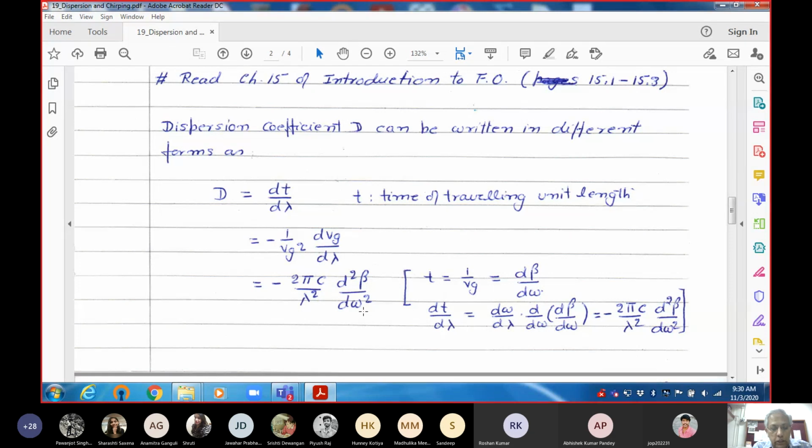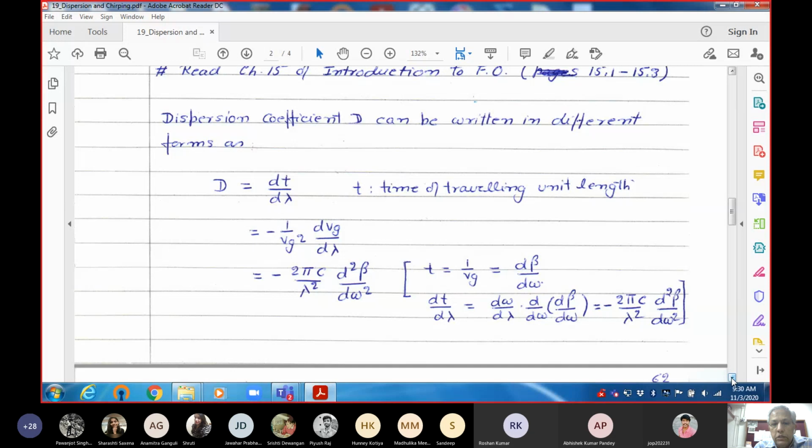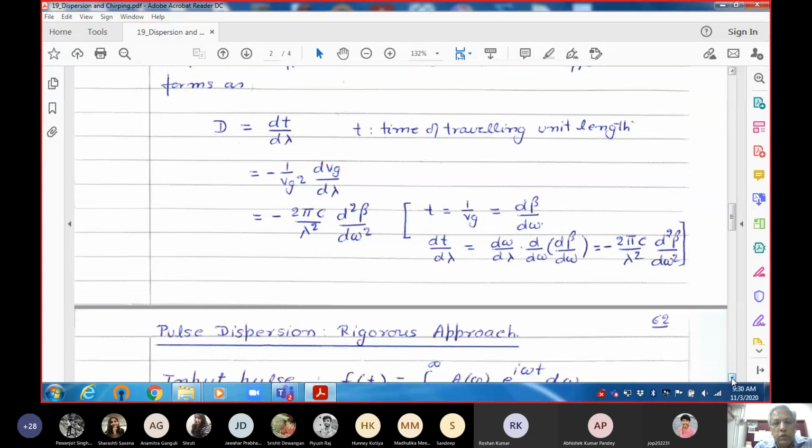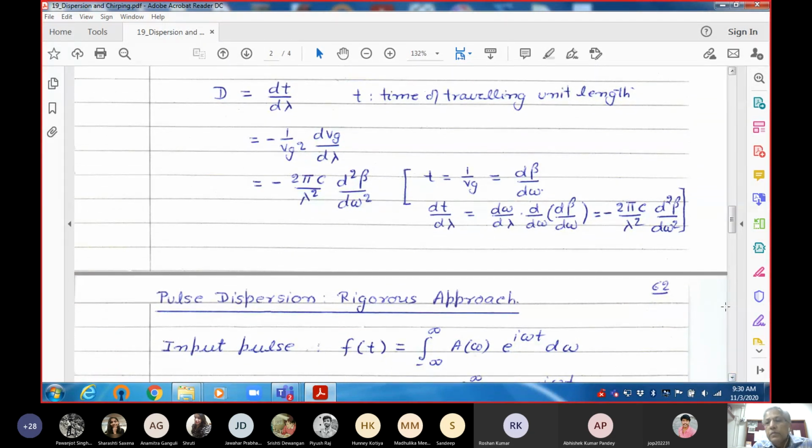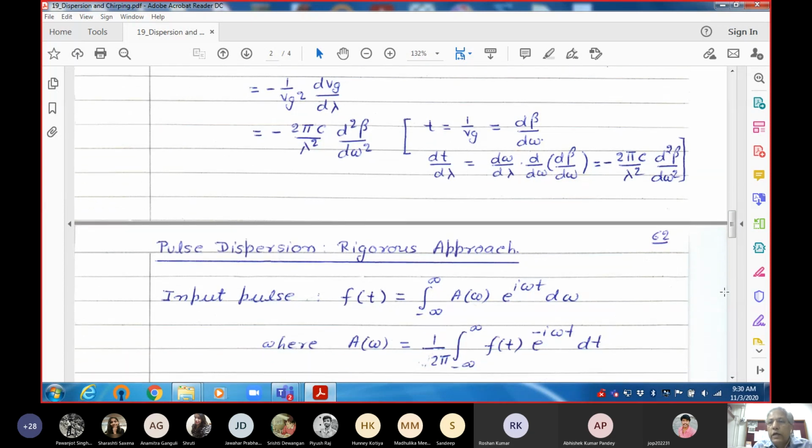Actually in that article I had shared, the gamma which they were talking about is nothing but d square beta by d omega square. So gamma less than 0 means a positive dispersion coefficient. So you should be careful in different literature, because sometimes they talk in terms of d square beta by d omega square. So till now, what I have discussed is how to calculate the